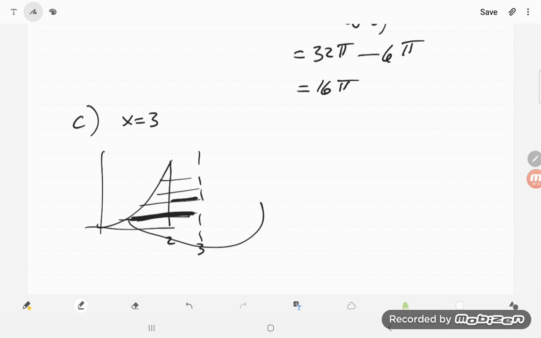Well, here the inside radius is fixed. It's 1. So, again, much like B, here I can do one part of it. I've got pi times 1 squared, and of course that was 8, so times 8. And so the inside of this thing is a volume of 8 pi. Now the outside,